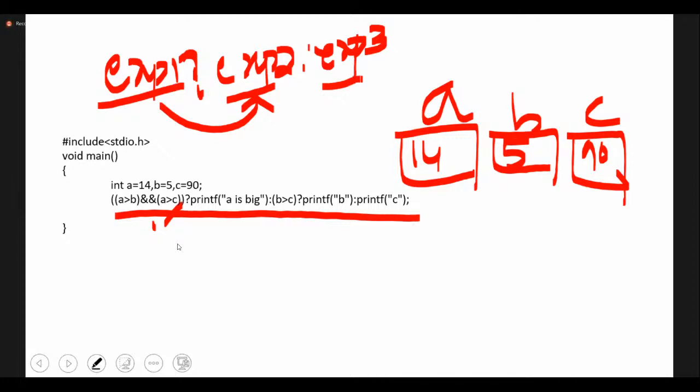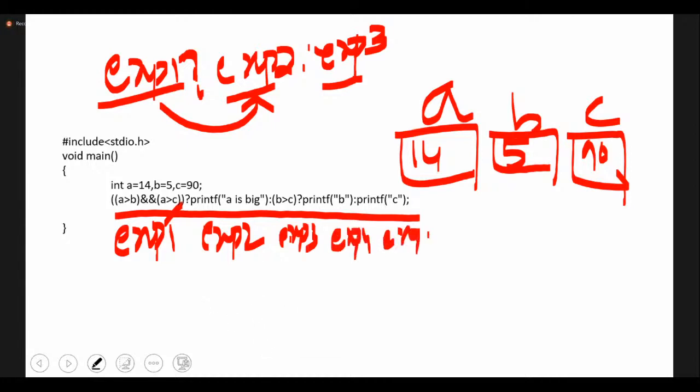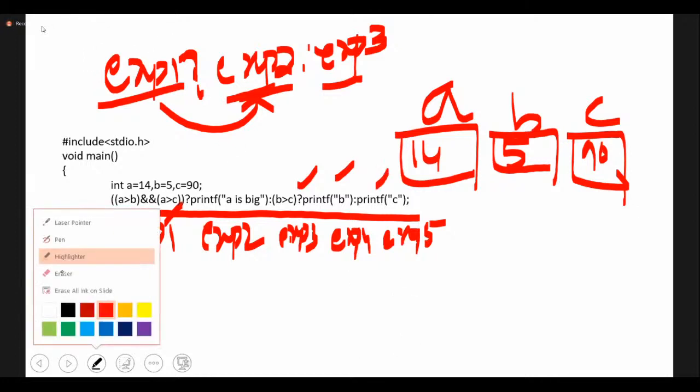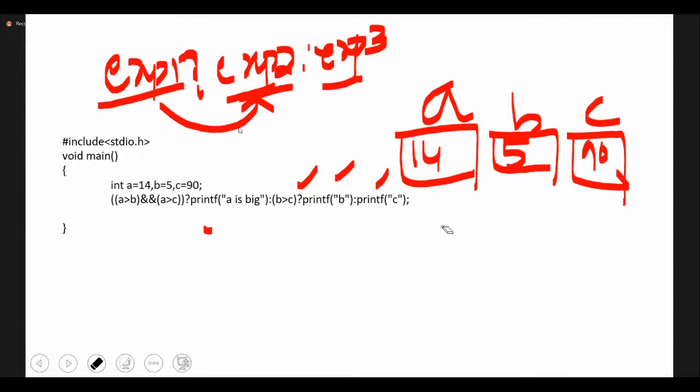Now the same thing. If you think this is your expression 1, this becomes your exp2 and this becomes your exp3. For this exp3, again you have a block like exp4 and exp5. So if you see, for every condition, you have two things. This becomes exp2 and 3. Okay, in this way, you will be having your ternary operator executed.